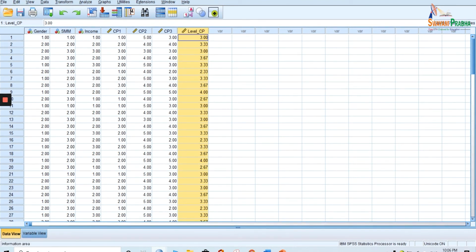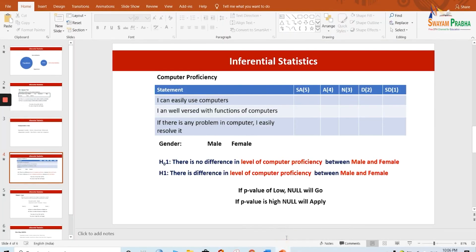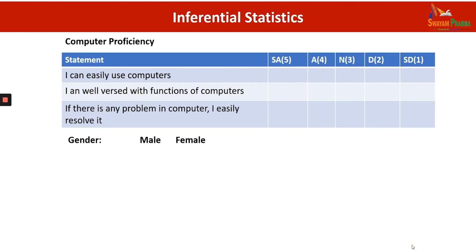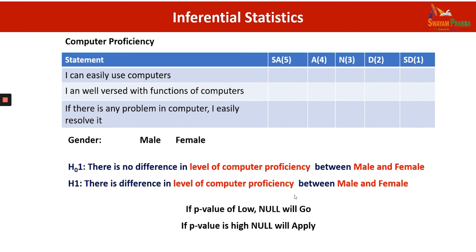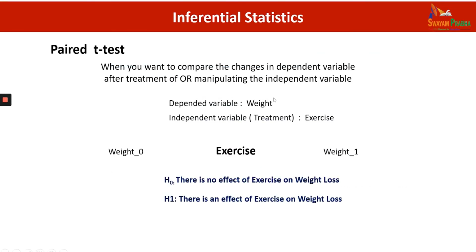So this was our second inferential statistical tool that we can apply for the testing of the hypothesis. Okay, now let us move to the third inferential statistical tool that we can apply, and this tool is the paired t-test. Now, where to use the paired t-test? It is simple. I think you already know about this one. I need not explain it, but again, just for repetition purposes.